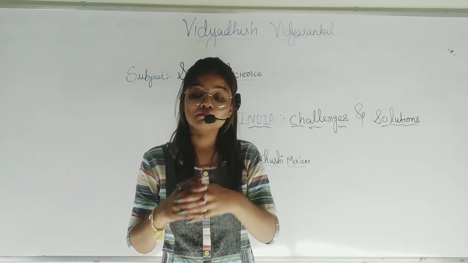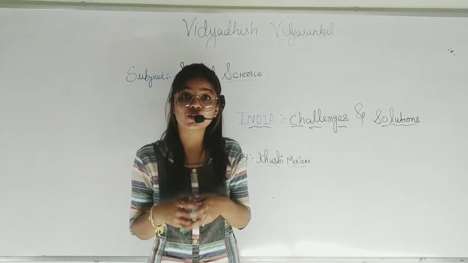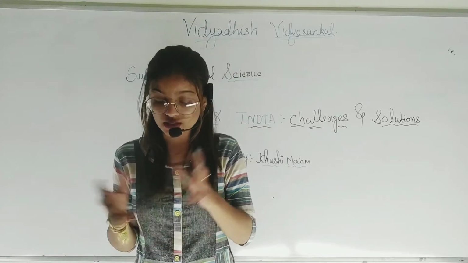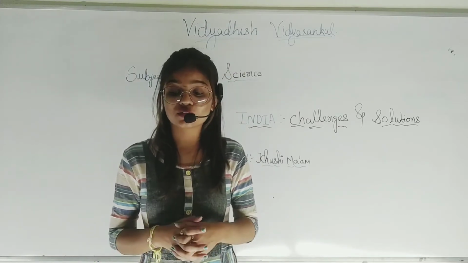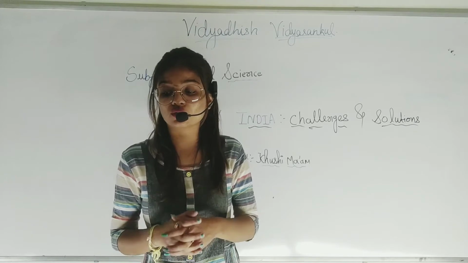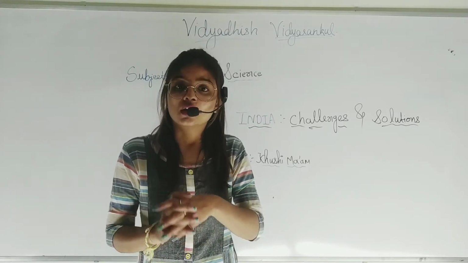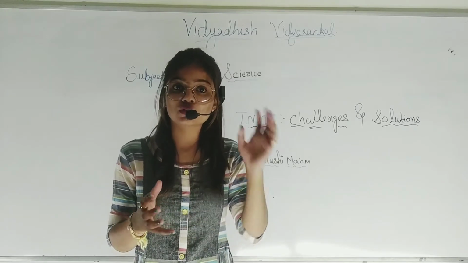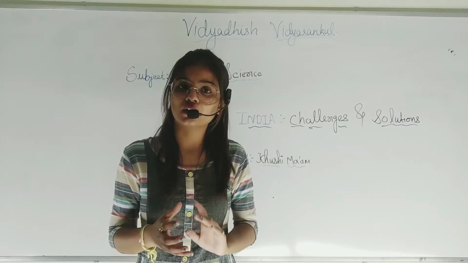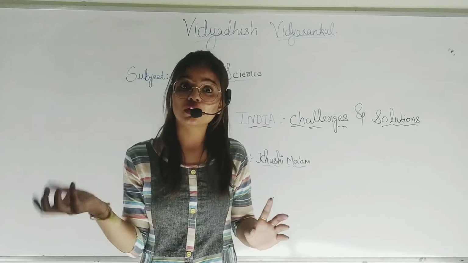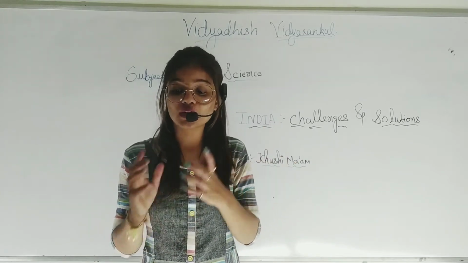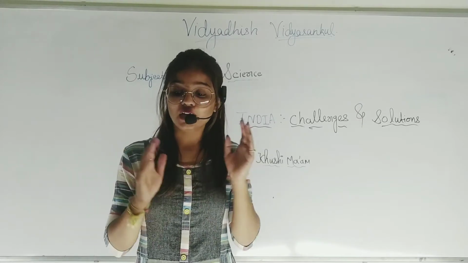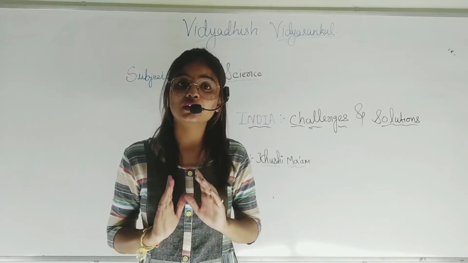Next, what measures do we have to take for that? Means what is the solution for stopping corruption? In the measures we have, students, the government has framed certain laws since 1988 to reduce and prevent corruption. Just as we have seen, students, due to corruption we have many problems in our country, right? So for the solution, the government made the law since 1988 to reduce all this corruption in India.